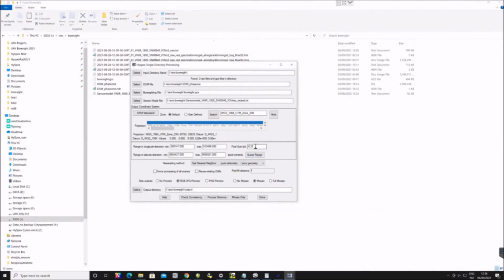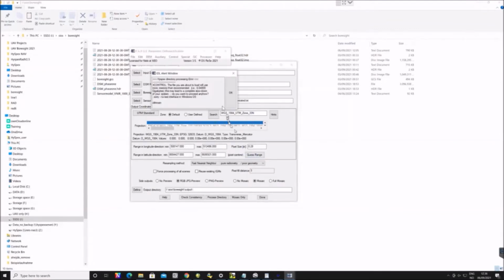For the resolution here, I'll take a guess range. There, found load will use more memory. Okay, that's okay. We are used to using memory. So let's not do mosaic now. There's no need to do that when we don't have the correct Boresight. Pixel field distance, I usually put that to 10. That's basically if you're flying